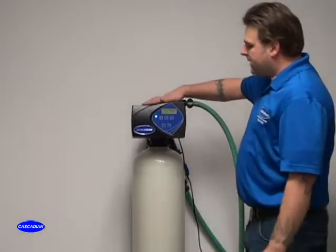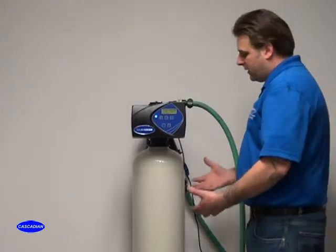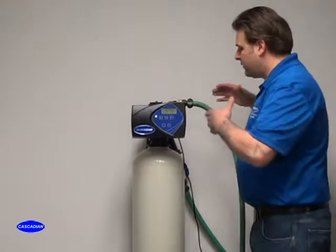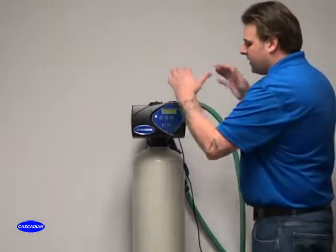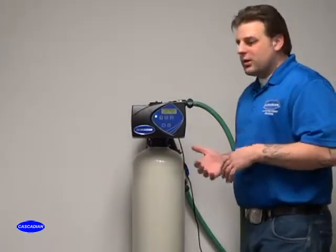Okay, the unit is back in service now. It's completely finished with that initial commissioning and the initial backwashing cycle. You've allowed it to run its rapid rinse time. You've checked all your plumbing, you've checked all your fittings, you've checked your meter cable, your cover, you've cleaned everything up, we're ready to go. Last couple of steps that we want to make sure that you do,